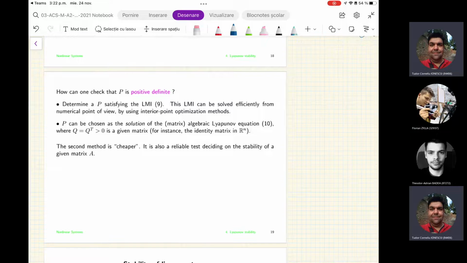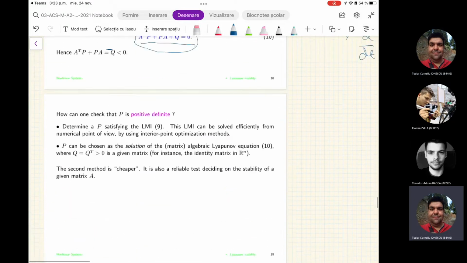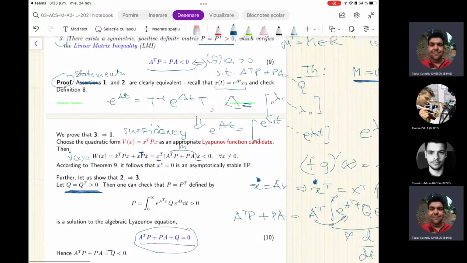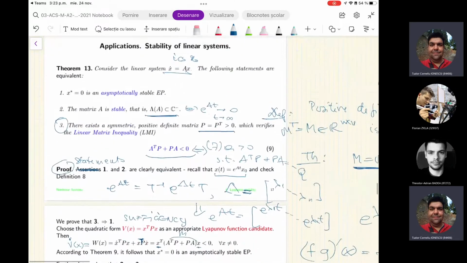It's also a reliable test deciding on the stability of the given matrix A. Of course, you can prove the other results as well if you like. You can play with these proofs and check these things yourselves. So essentially,